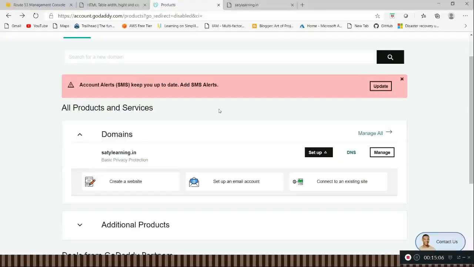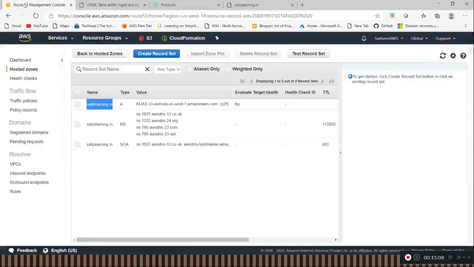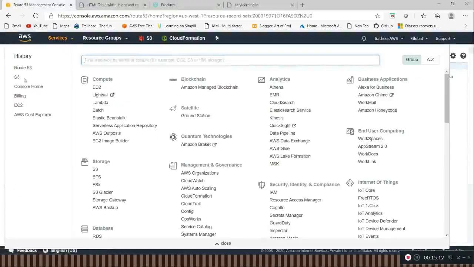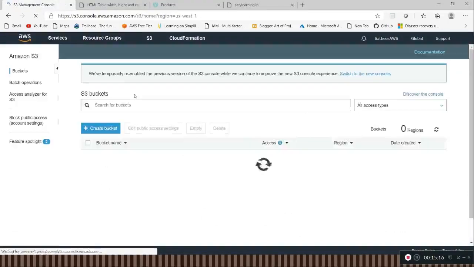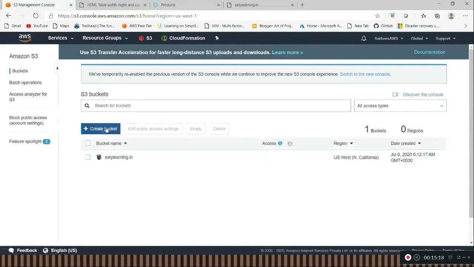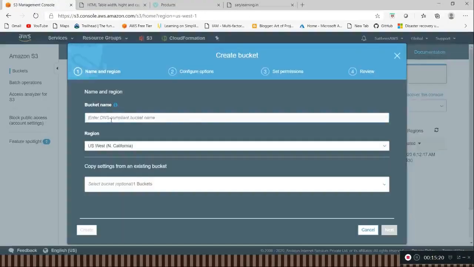So now we will add the subdomain. We can go to the S3 and suppose we are having a sales department. I am creating a sales subdomain, sales dot satylearning.in.